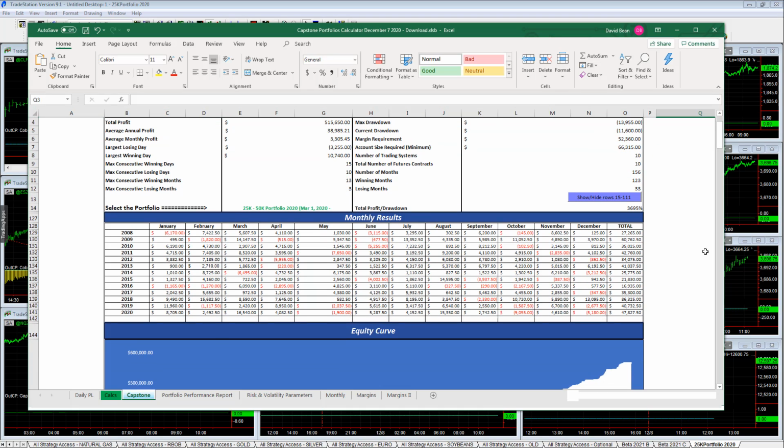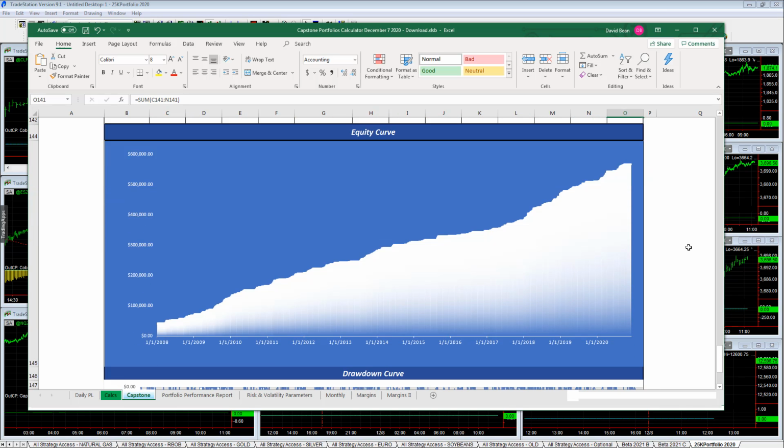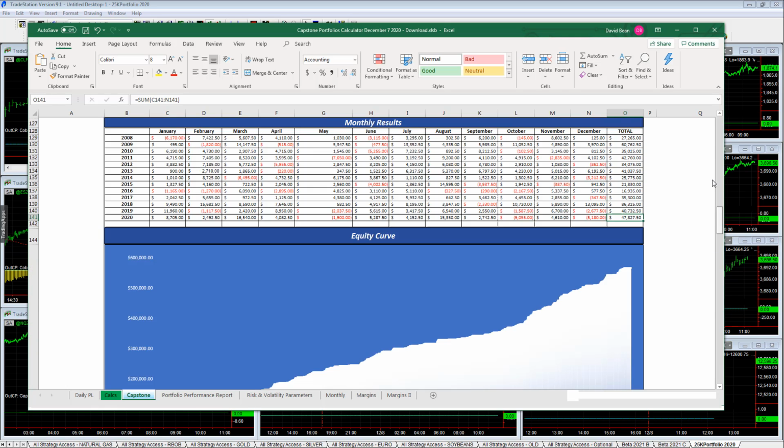It's been one of the top performers this year, and it's done well into September. Now, October had a drawdown. November had a good bounce back, and the first 7 days of December it is down, and so it had a new worst case drawdown, which makes sense based on volatility. But up on the year, 47K, and let's see, we are looking at this drawdown here, looking for a bounce back. It makes sense that we'd have a new $3,400 worst case drawdown based on the new volatility,